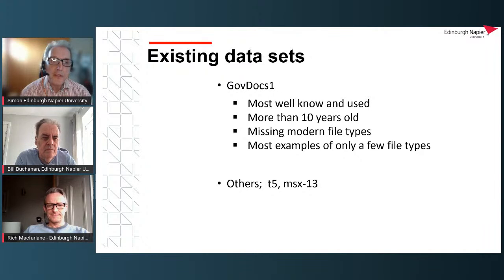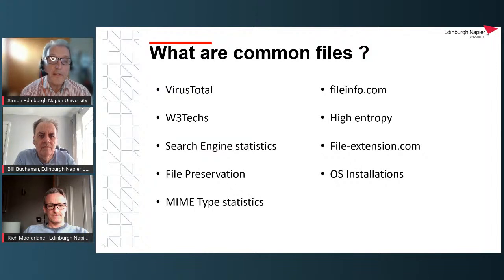So when we decided to develop our own data set, we first had to decide what should be contained in this data set. If we wanted a data set to contain the most common files used in the world today, we first had to decide what those most common files were. So the first part of our research was to identify what the most common files in use today were. And we did this using a broad research base,